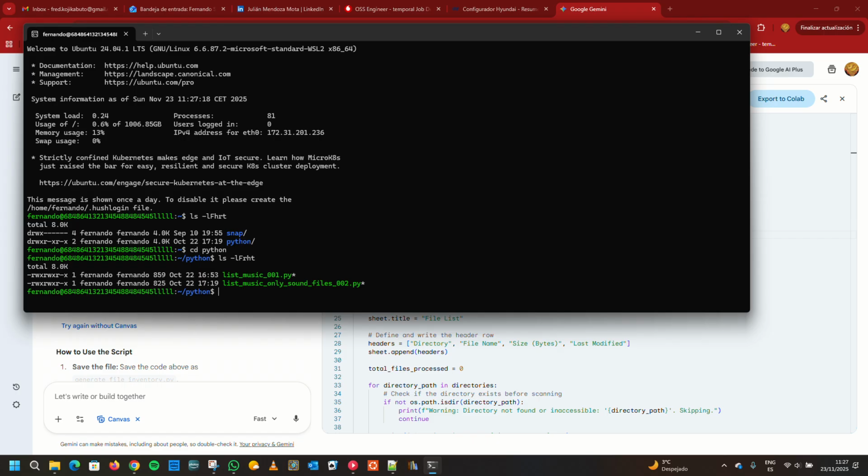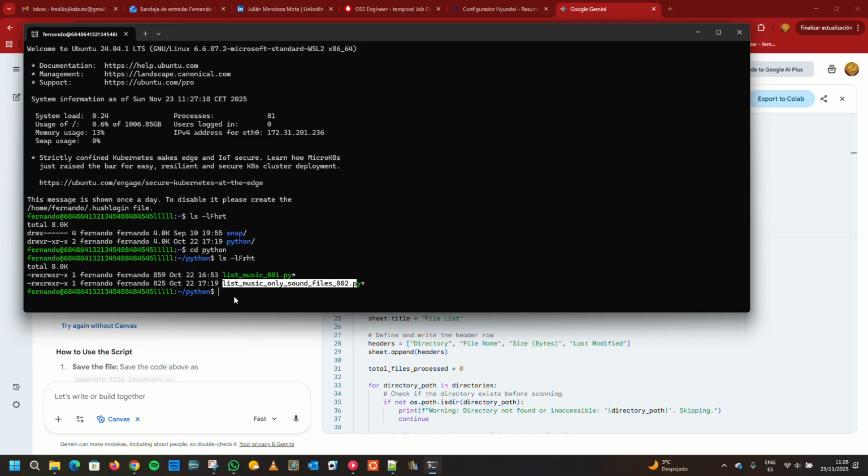As I wanted initially to store all the contents of the directories in the Excel file, I created this initial version. But then I realized I only wanted to keep the sound files, the MP3 files on the directory, in the Excel file, sorry. So I created this one only to store the sound files